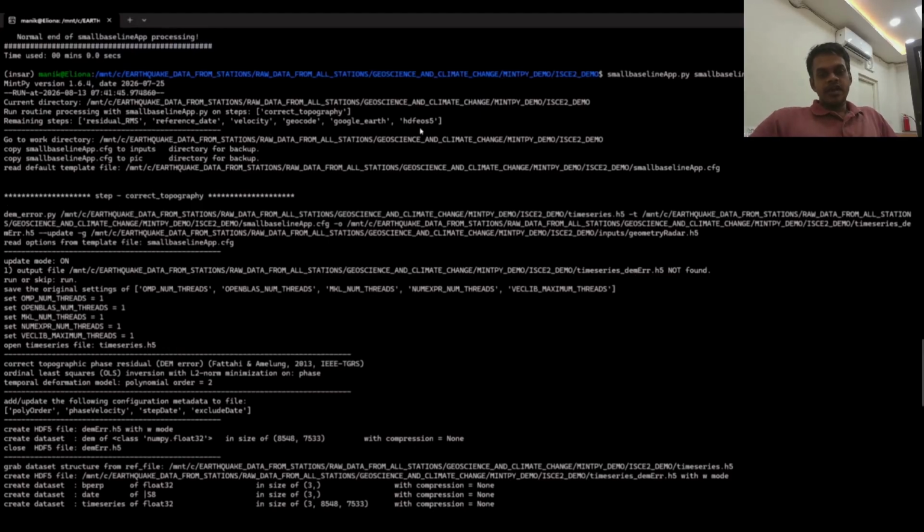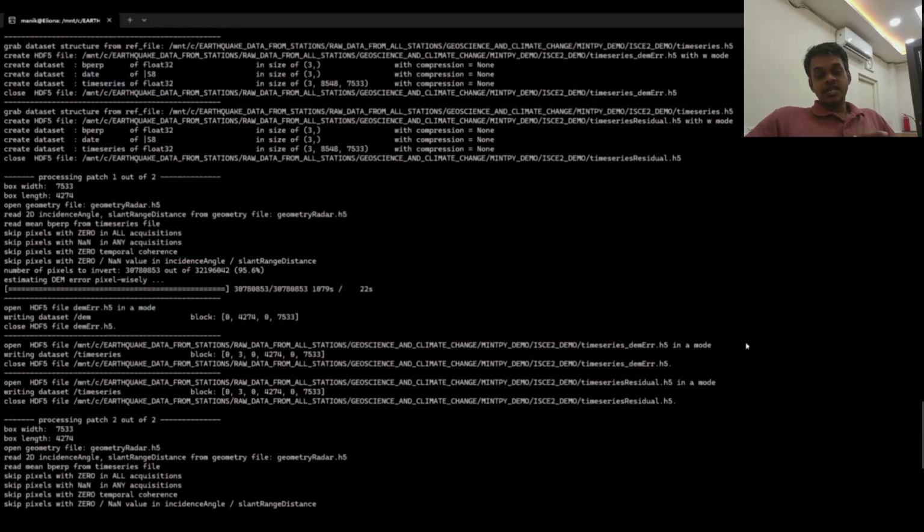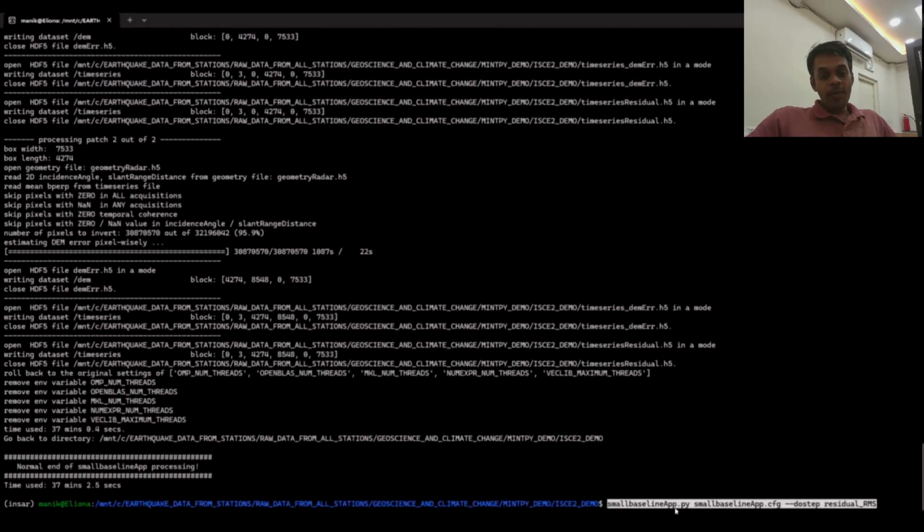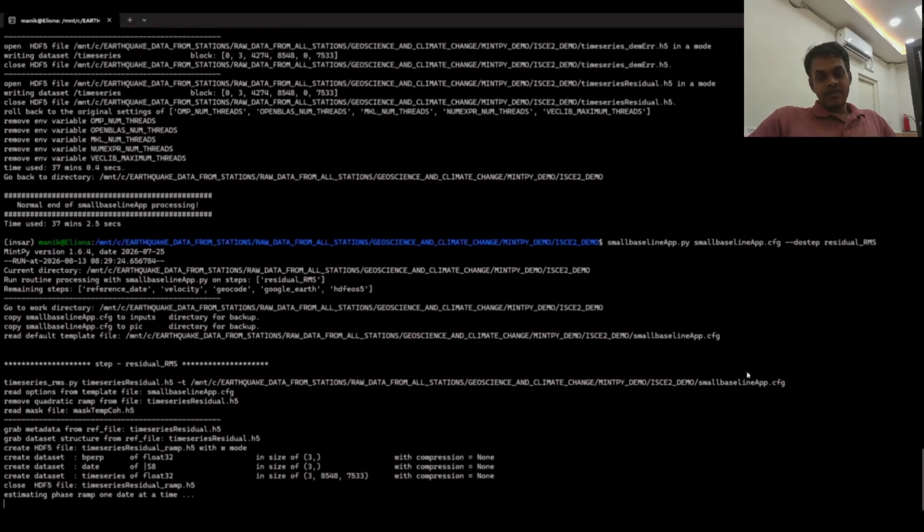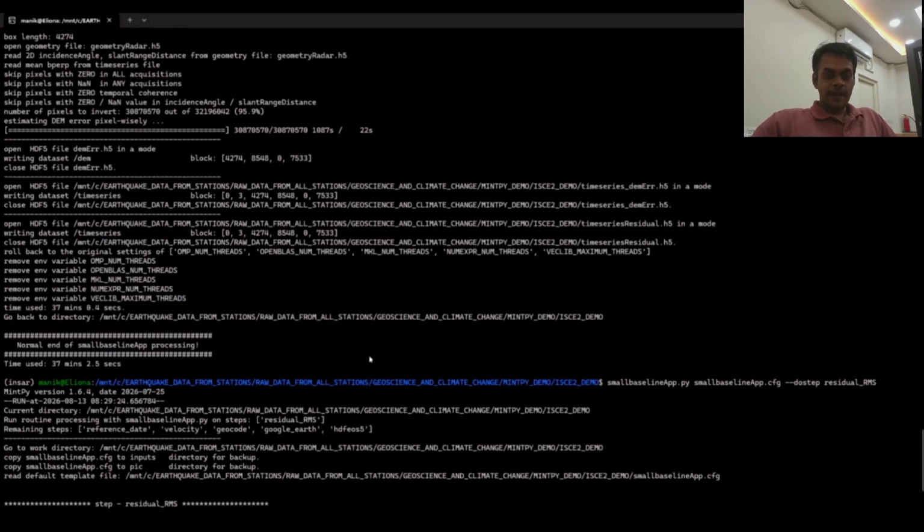Now we are evaluating the residuals of the time series solution. So the residual RMS provides the measure of how much unexplained interferometric variation remains after the model time series and corrections are taken into account. This is useful for assessing the quality of the time series solution. So residual RMS,